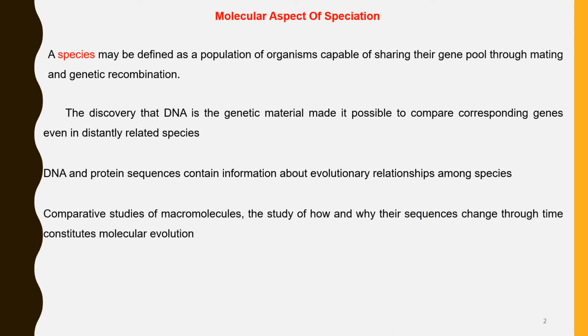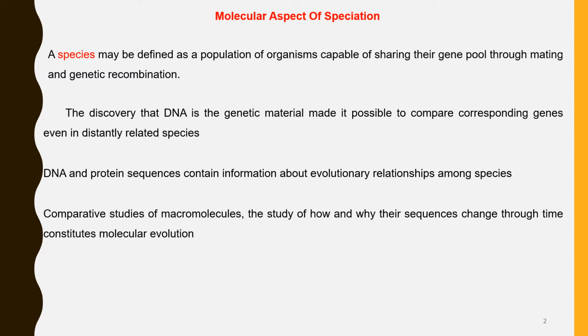Species are defined as a population of organisms capable of interbreeding among themselves, thereby sharing their gene pool through mating and genetic recombination. The genes are shared among the species. Individuals of a species are unable to mate with others of a different group because of gene barrier, as discussed